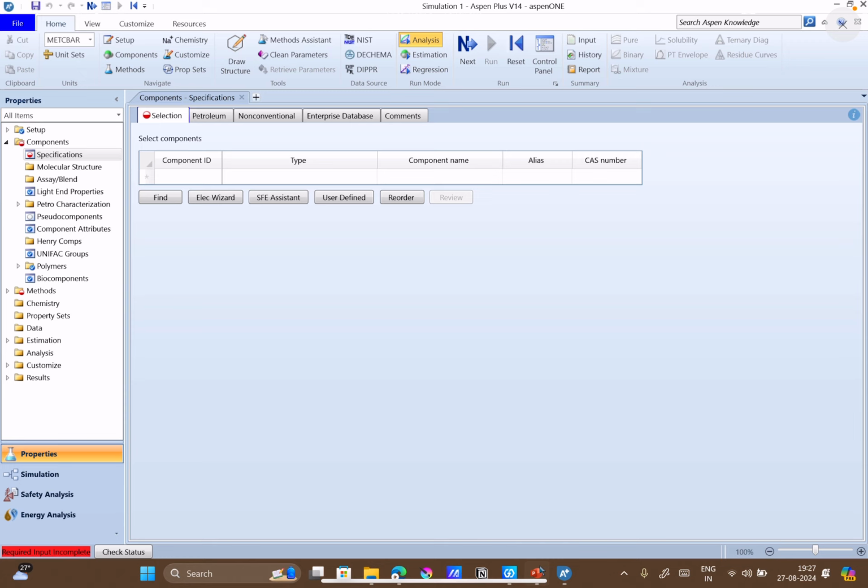what we did here was that in the previous example, the benzene and toluene example, we compared the TXY diagram of various methods, ideal method with Peng-Robinson method, or let's say UNIFAC method. But when we have experimental data available with us, in that case we want to select a method which follows the trend of experimental data, right? So in those cases we would like to do some regression analysis or comparison with the experiment.